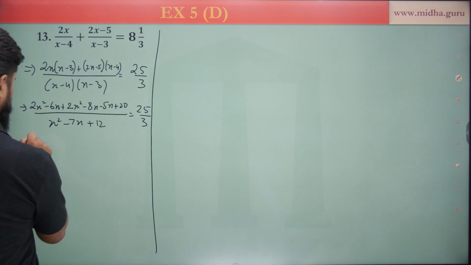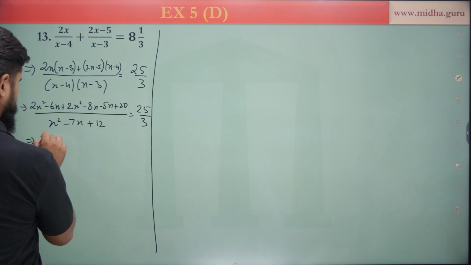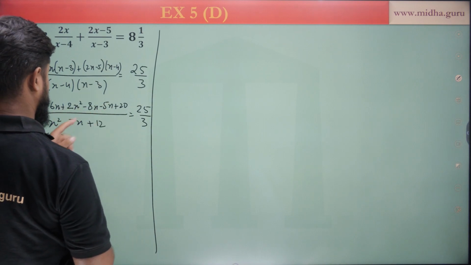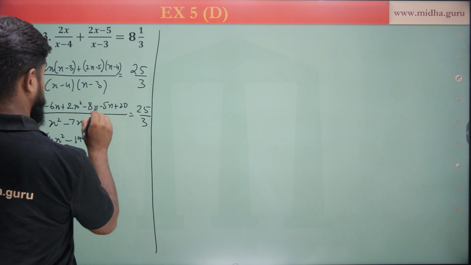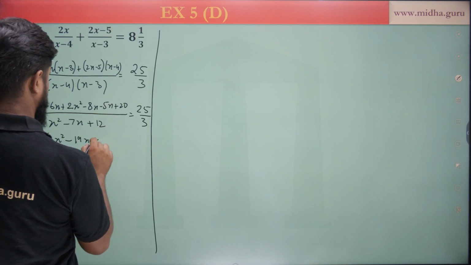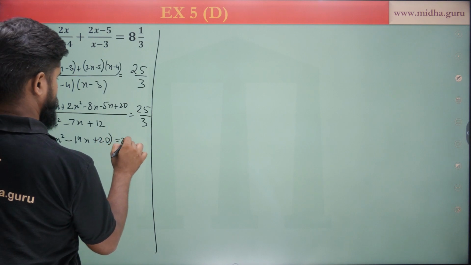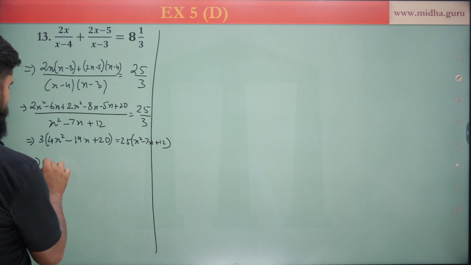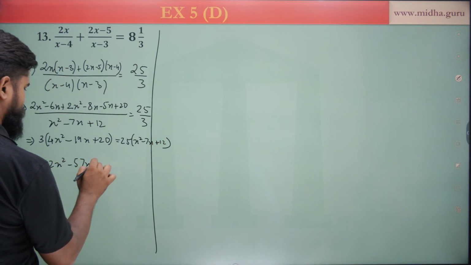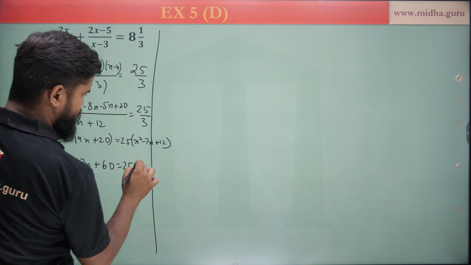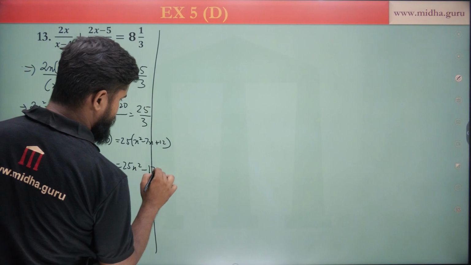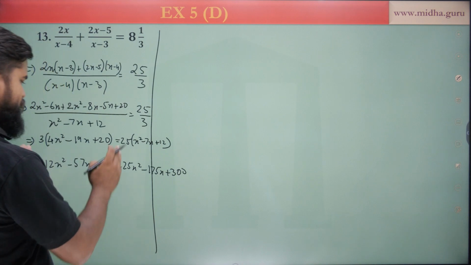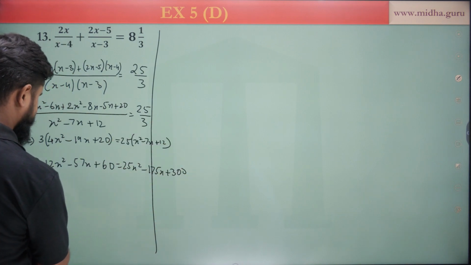So we get 3 into 4x squared minus 19x plus 20 is equal to 25 into x squared minus 7x plus 12. Again, when I open the bracket, it becomes 12x squared minus 57x plus 60 is equal to 25x squared minus 175x plus 300. Now, bringing all the terms to any one side of the equation, we get the new equation as